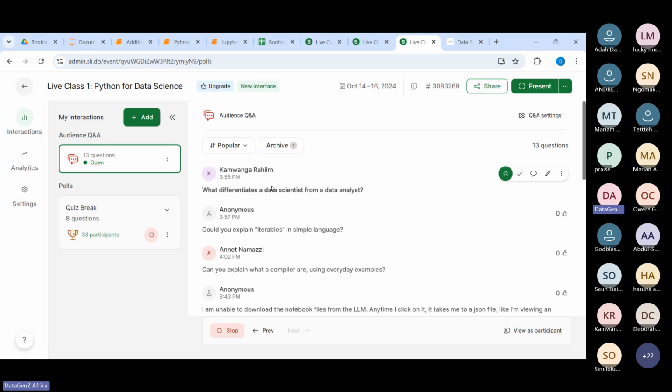what differentiates a data scientist from a data analyst? Haha. Okay. So in this tech field, we use a lot of names, right? Some people would get a job as a data analyst, they'll be doing a data scientist task. Some people would get a job as a data scientist, they'll be doing a data analyst task. But in the real sense,